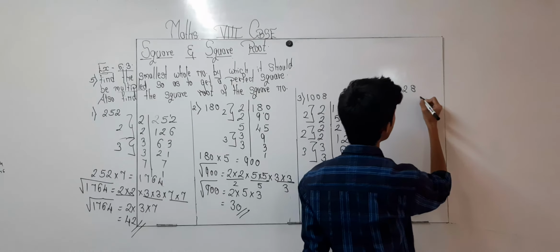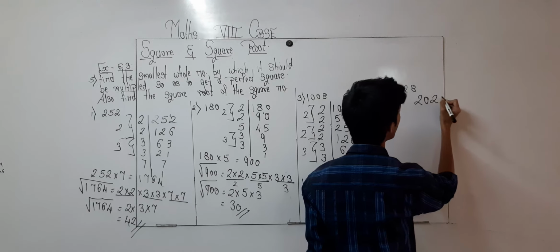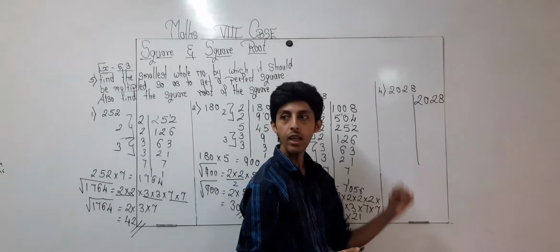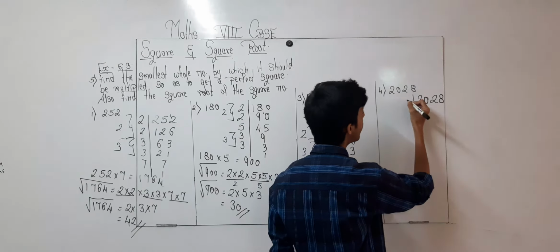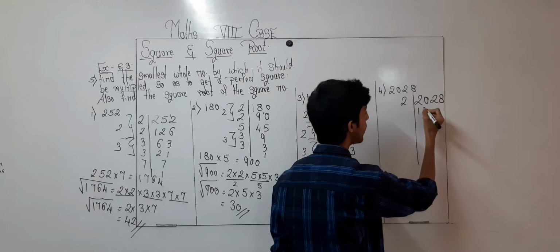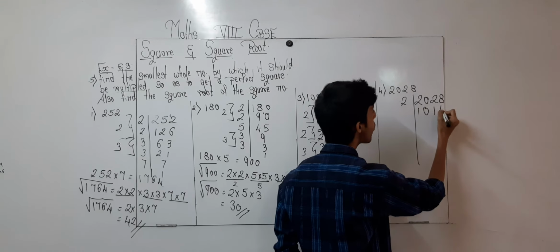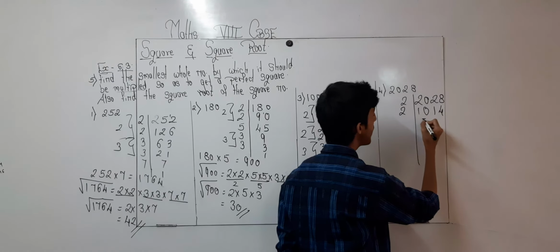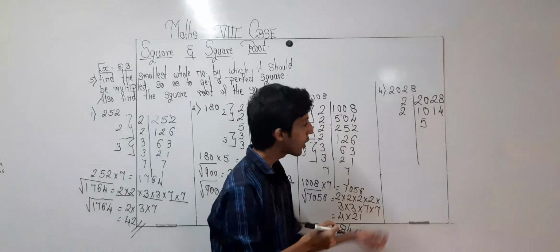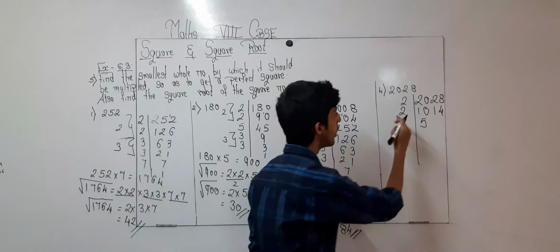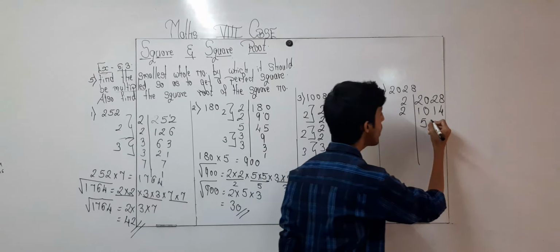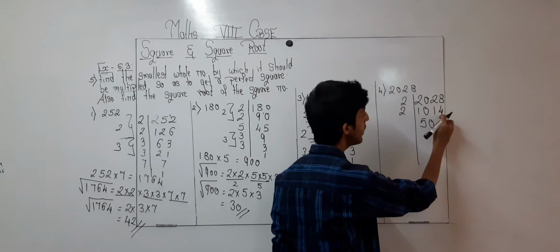Now over here 2028. So over here I will write 2028. So again 8 is there, so it will be coming in table of 2. 2 1s are 2, 1 and over here 4. 2 5s are 10. Because in 2 table 1 is not coming, so we are taking 2 digits over here. 2 5s are 10. Now in 2 table 1 is coming, no. So over here 0. Now 14 is there.